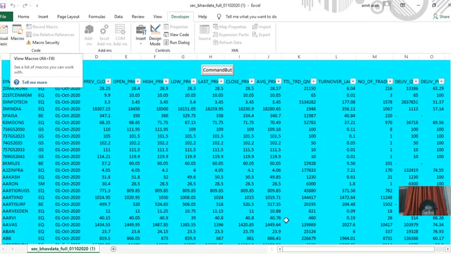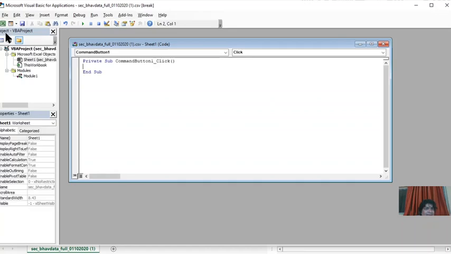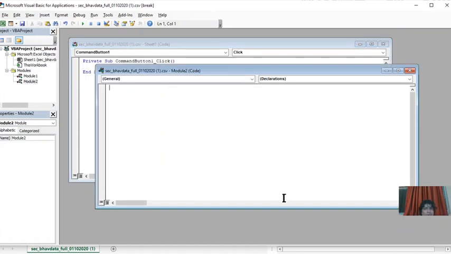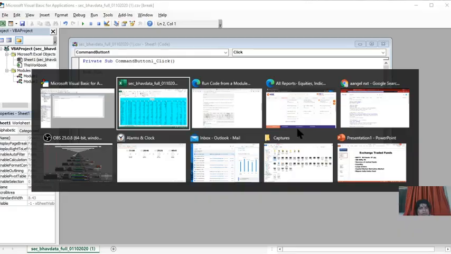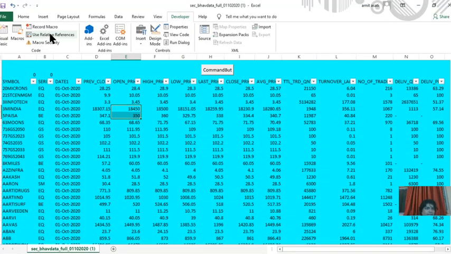So what we have done here: we go to the Visual Basic editor, then in the editor we click the new insert module. In the module we have used the Kyan method here. Control V is the Kyan's cell interior color. We can change the color also from here, and the Kyan macro is there. This is the macro we are using here, and we have changed the color of the screen.